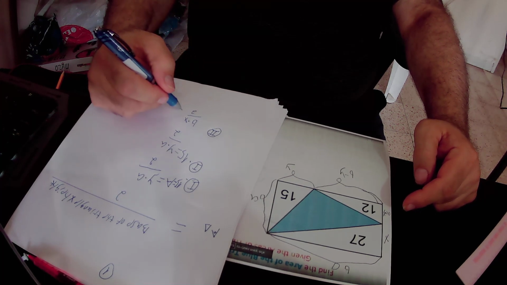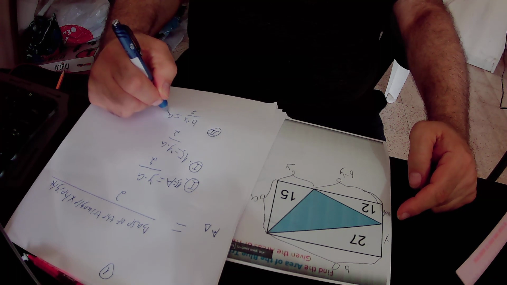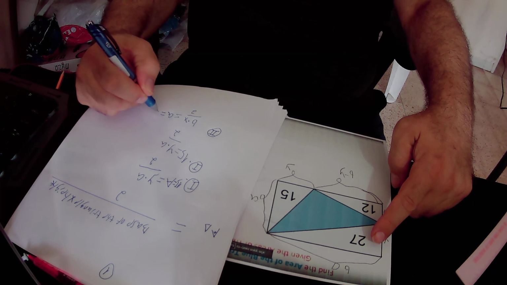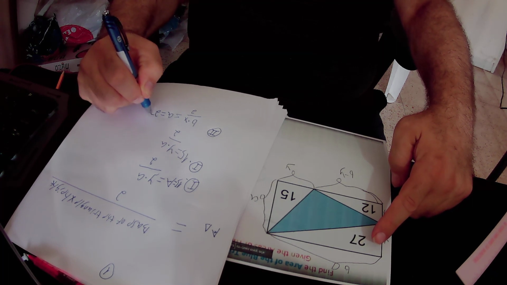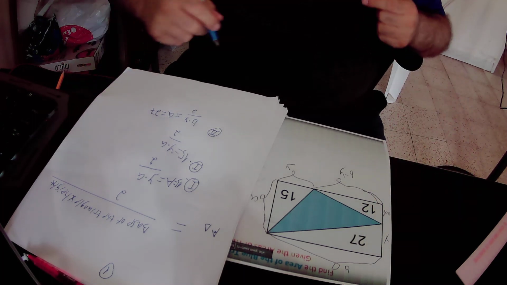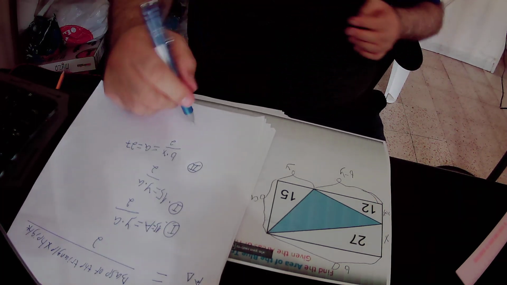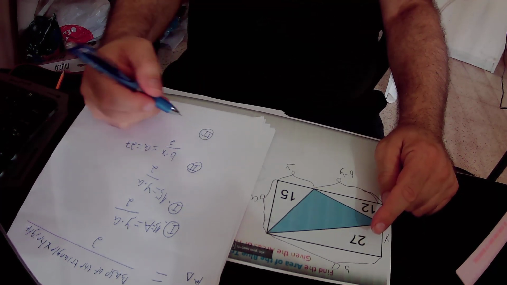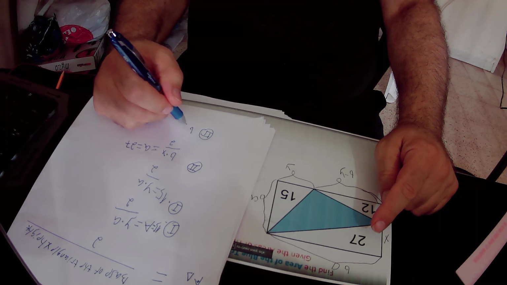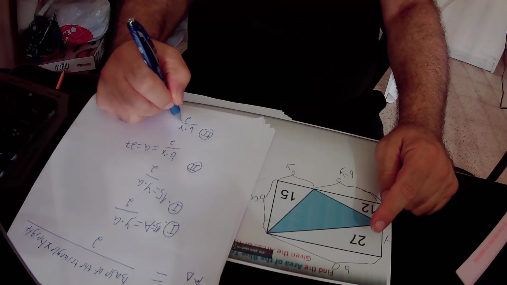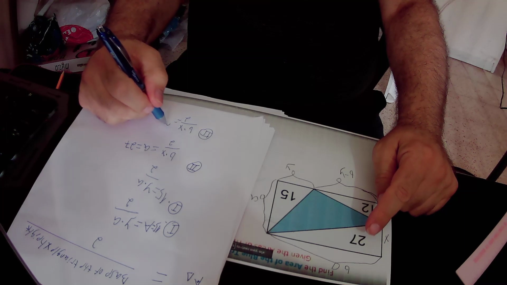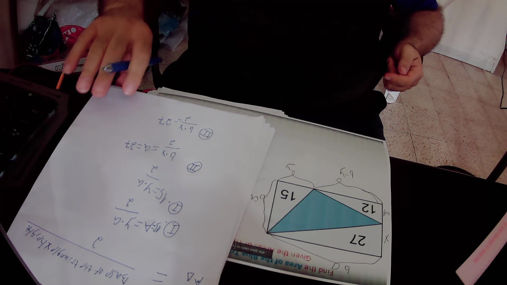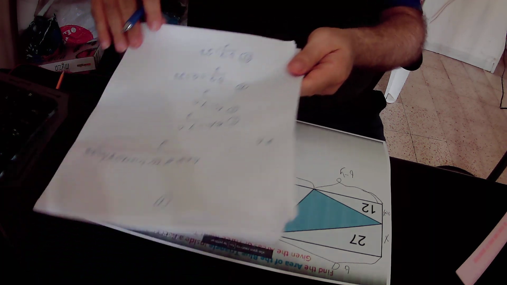Equals the area of this triangle, but we know that the area equals 27 units, so we can write immediately equals 27. So in total the second equation for the area of this triangle will be b times x divided by 2 equals the area that is known, it is 27 units. Okay,